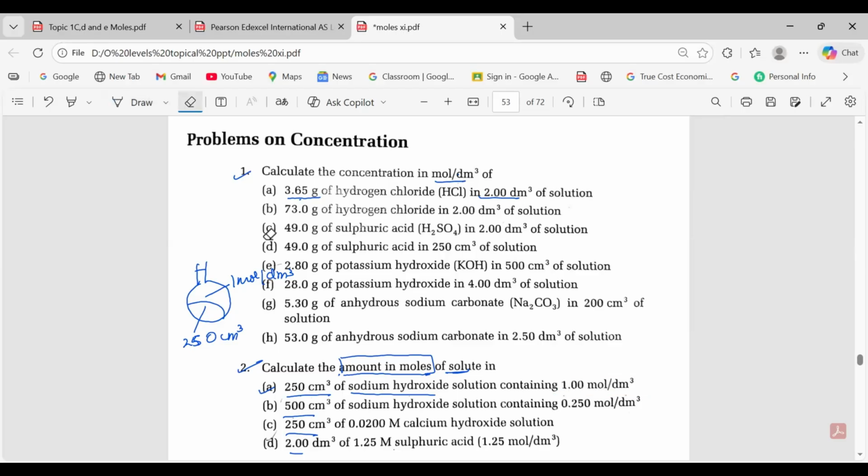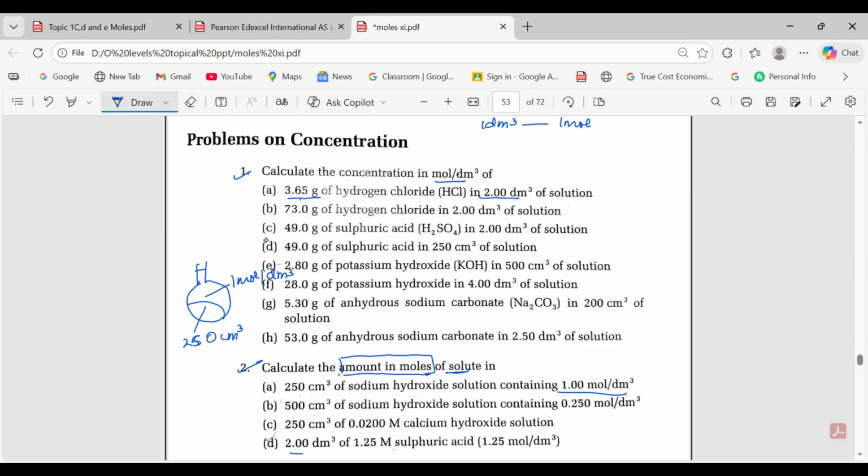Is it clear? It's the same way you will be doing as I showed you. You will be expanding this concentration. So let's start. I can say 1 dm cube has got 1 mole of NaOH. Or instead of 1 dm cube, I can also write 1000 cm cube, because this unit is in cm cube. So I am converting this 1 dm cube into 1000 cm cube. So 1000 cm cube has got 1 mole of NaOH. I made my solution by adding 1 mole of NaOH in 1000 cm cube, right?